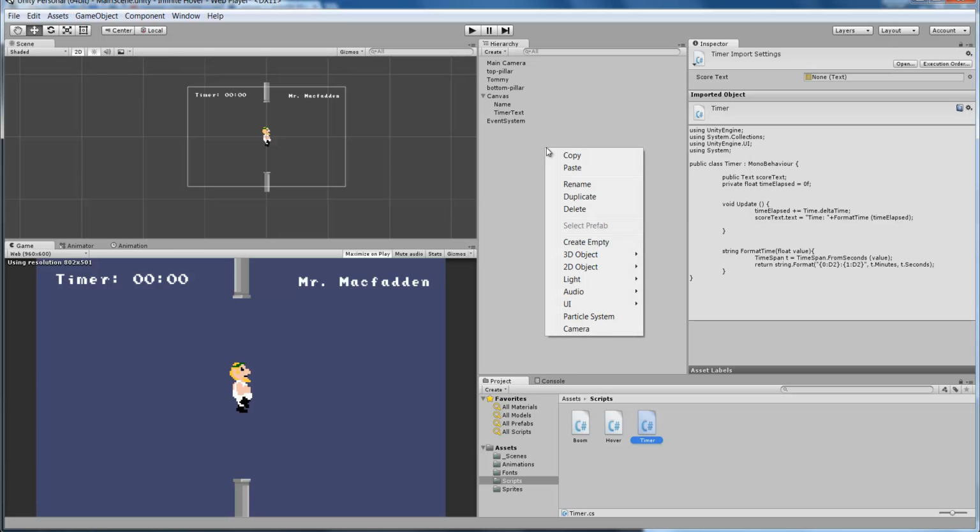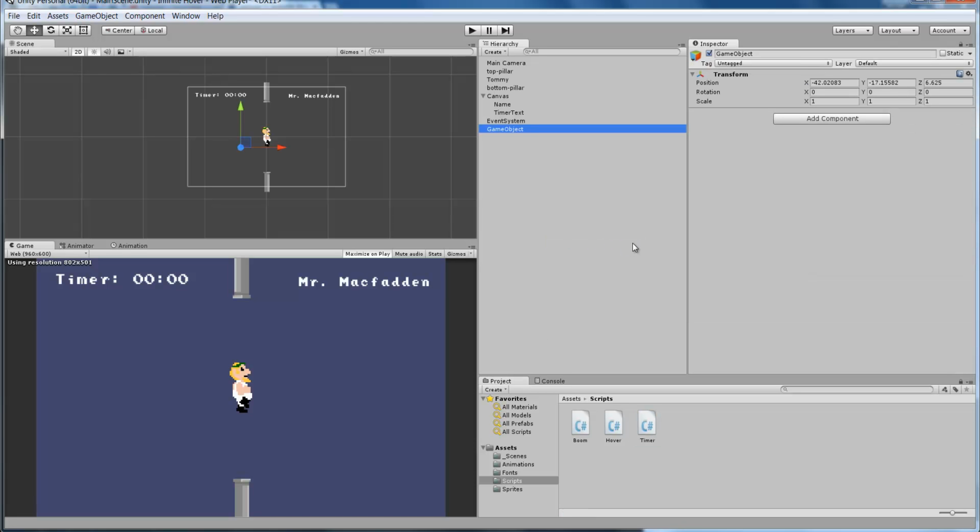So what that means is that we're going to create an empty game object that we're going to call Timer, and I'm going to attach the timer script to the timer game object. You see right here, there's this score text. Basically, Unity wants to know which object on the screen should be this score text. So I'm going to drag Timer Text, this game object right here, that is this timer value right here,